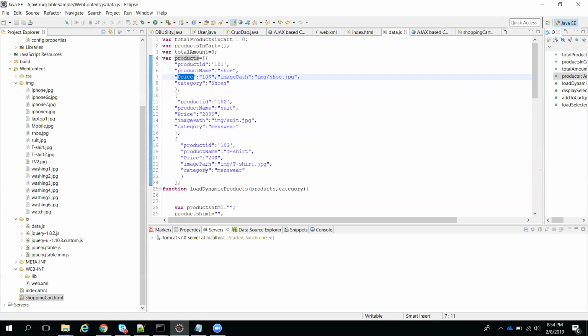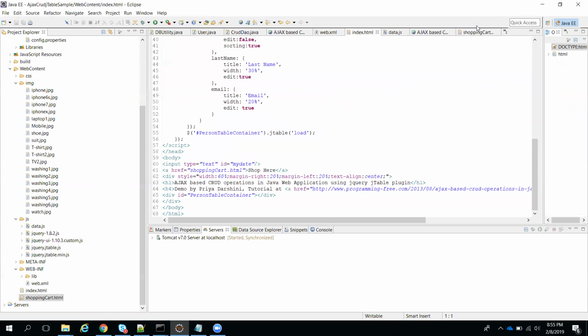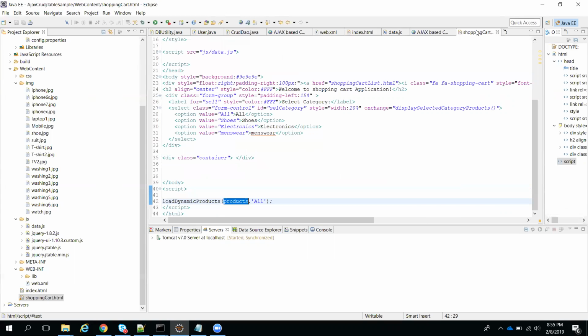So I added these three products when you load your page. For that I'm calling this page initially. So when you go to your page, see the products that I passed, and I want all the products. So this is category, because my function should be flexible for all the cases.